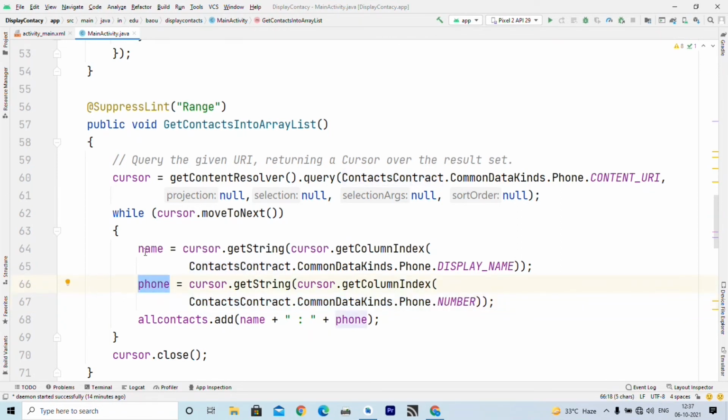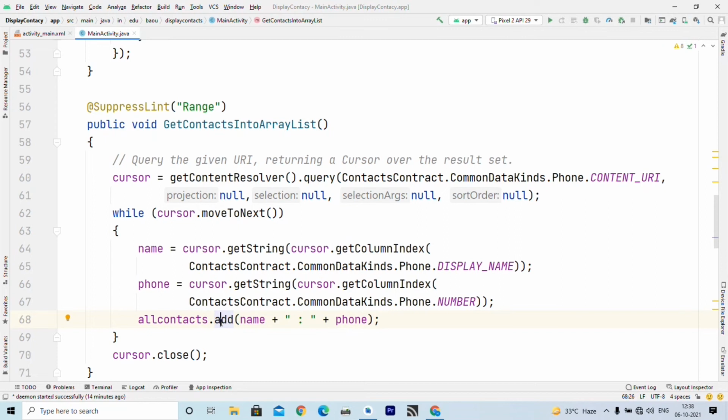And after fetching name and phone number of first contact, we call add method of array list to add that name, colon and phone number concatenated with each other into all contacts. Similarly, when we fetch second contact, its name and phone number is stored inside name and phone, and using add method we will add one more record in all contacts.